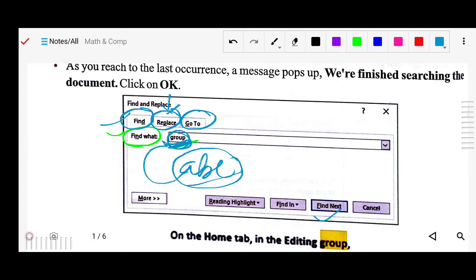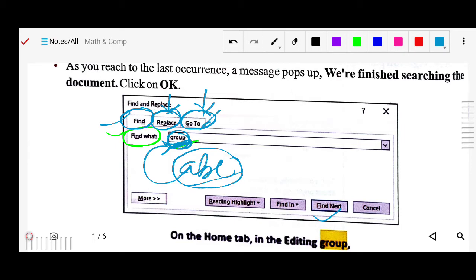That is possible with the help of replace. And this is the go to option. Go to means you want to go to a particular section, like a particular formula, phrase or sentence. There you can use the go to option.